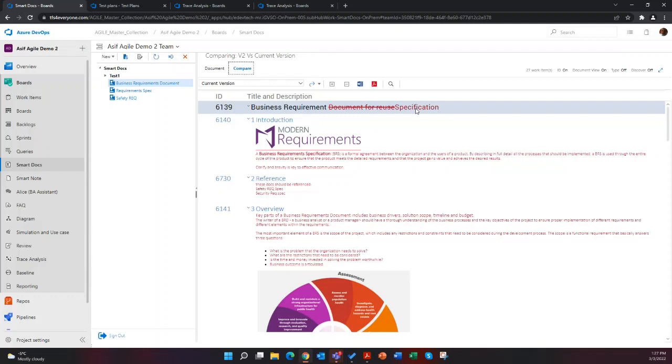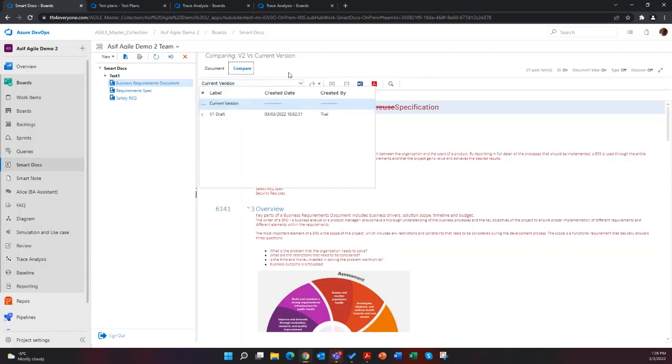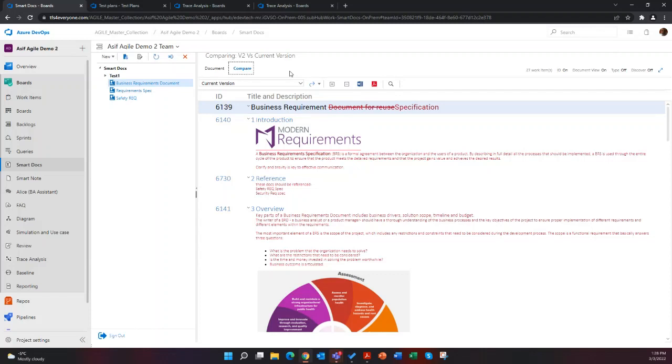It doesn't specify the exact words. So you can see I changed the word document for reuse to specification. And you can even export this to Word and PDF along with the redlining. And by the way, you can compare any two versions of a SmartDoc. You can pick any two versions and compare them.